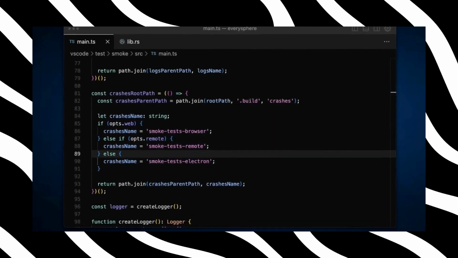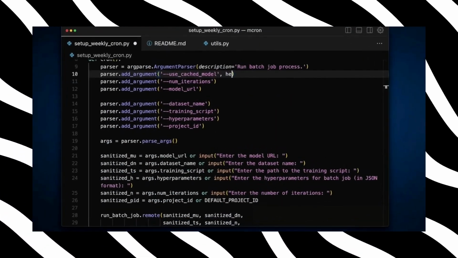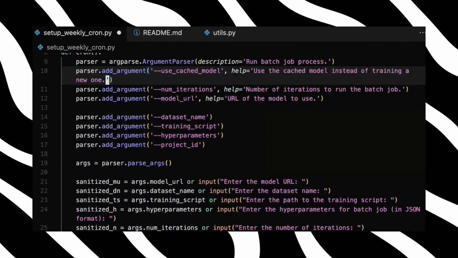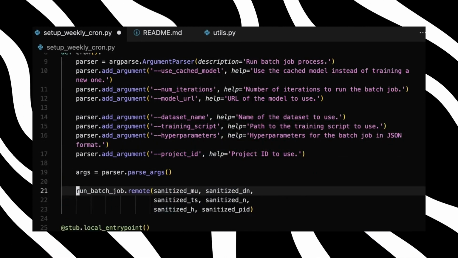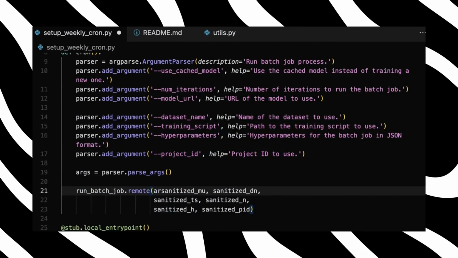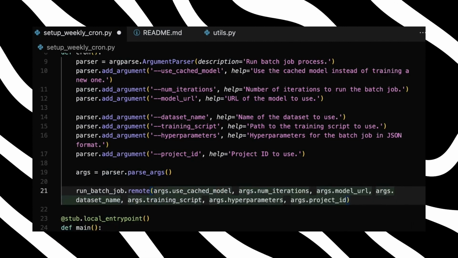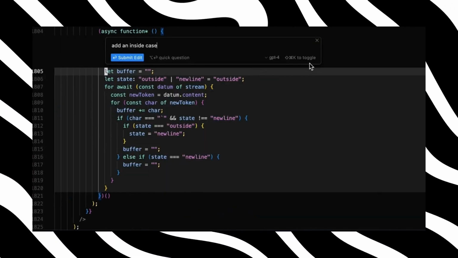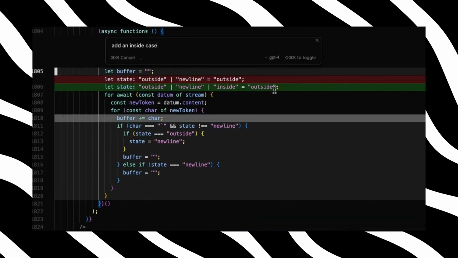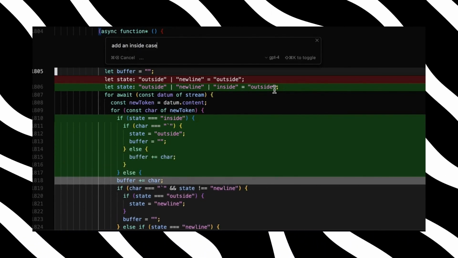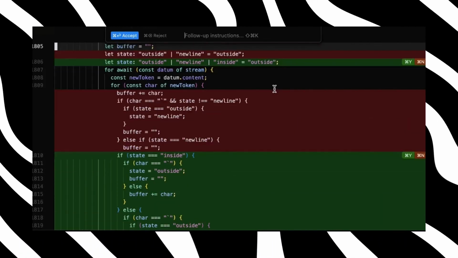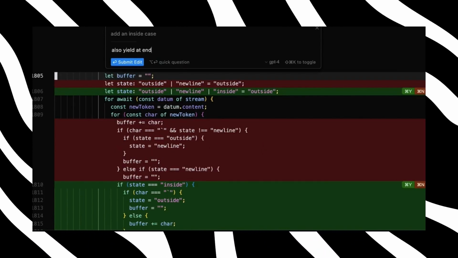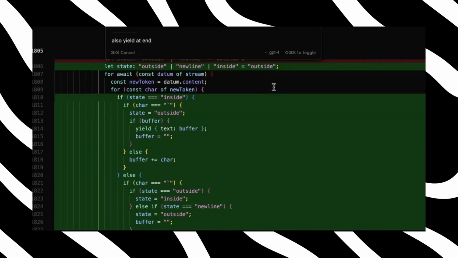Cursor, the AI code editor, has the ability to transform how anyone approaches coding, making it accessible and intuitive for everyone. Whether you are a seasoned developer or someone just starting out, this tool automates various parts of the development process. By using natural language, you can create required files, edit existing ones, fix errors, and even integrate it into your terminal. This is a game changer, significantly boosting productivity.